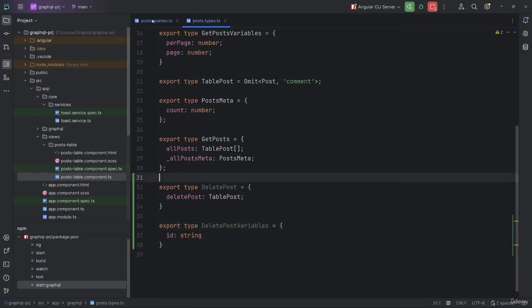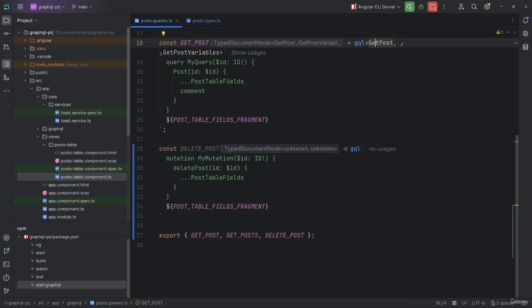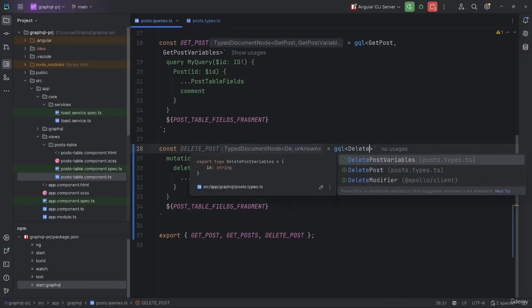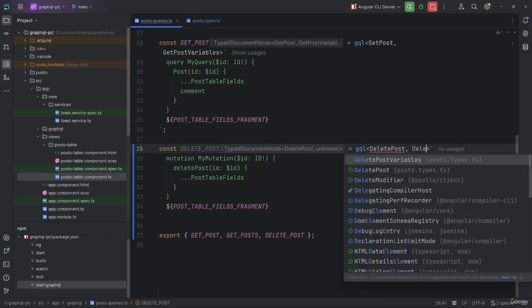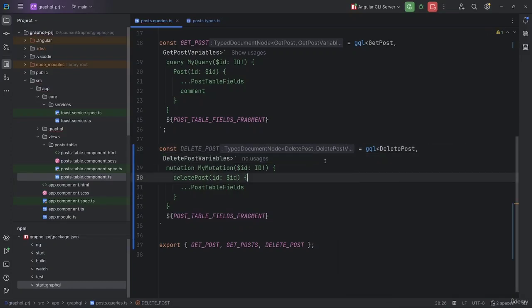Now let's go back to the posts.queries.ts file. Here, we'll update our deletePost mutation to use the new types we just created, DeletePost and DeletePostVariables. By doing this, we make sure that our mutation result and variables are properly typed, just like we did earlier for our queries. Once the mutation is properly typed, let's move to the